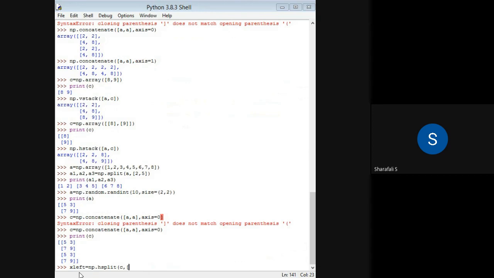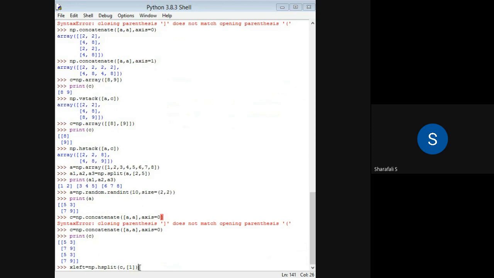I have only 0 and 1, so in this case I have only index 0 and 1 horizontally. So I will be giving 1 here. If you have no indices, you can consider any index value. I will just give C comma 1, so that at that index it will be split horizontally. So this is my 0, this is my 1 horizontally when you consider the index values.